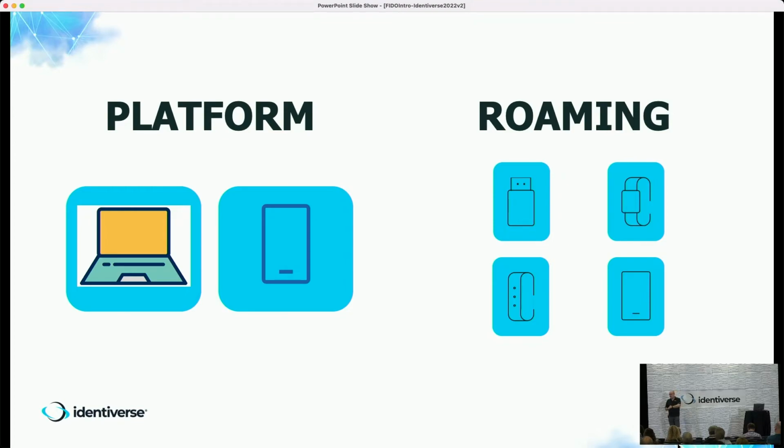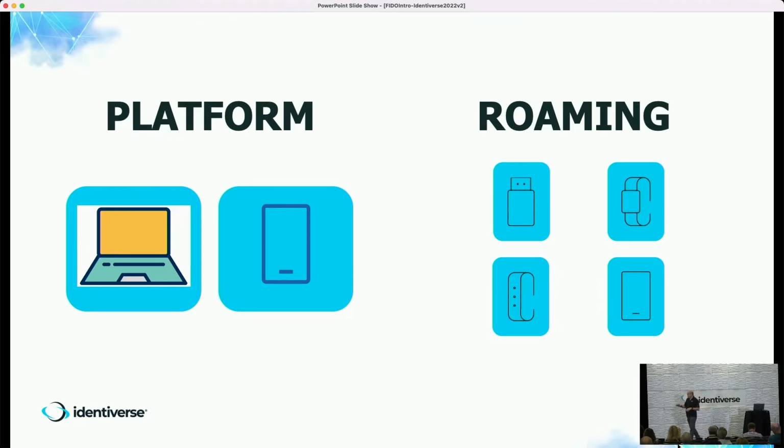Some have been integrated into devices like phones. Mostly, though, they're USB-based key fobs or NFC or Bluetooth. And that's a key that you can take from one machine to another and use it to log into the same site without having to enter a password. So I can log into my laptop and use the key. I can then go and log into my MacBook to the same site and use the key and never have to enter a password in either case.